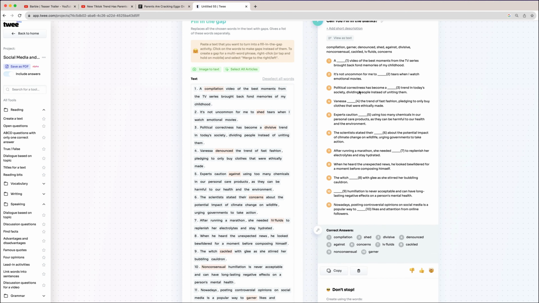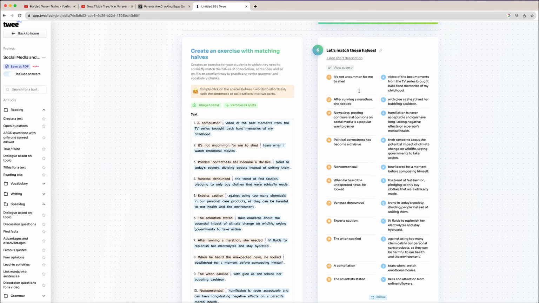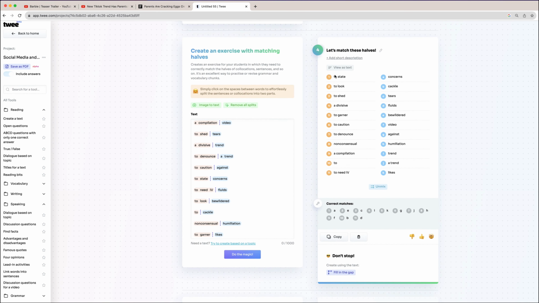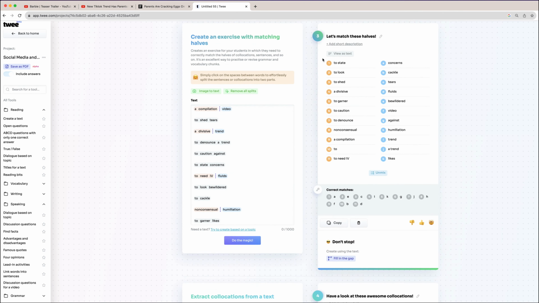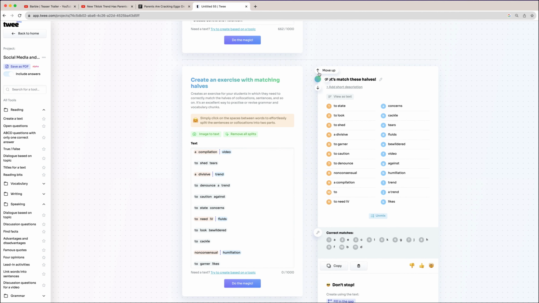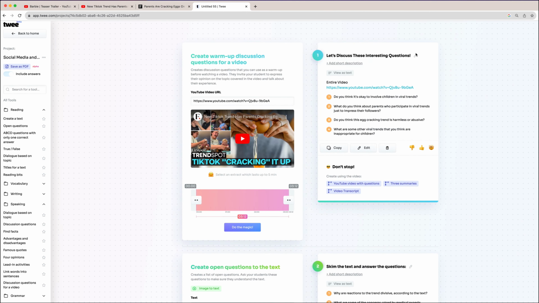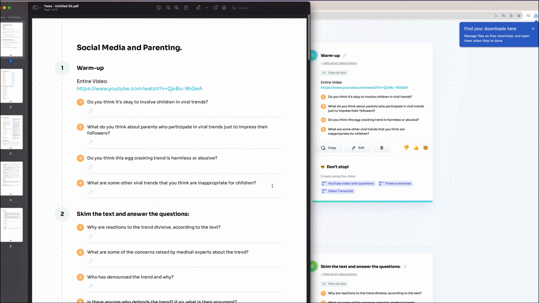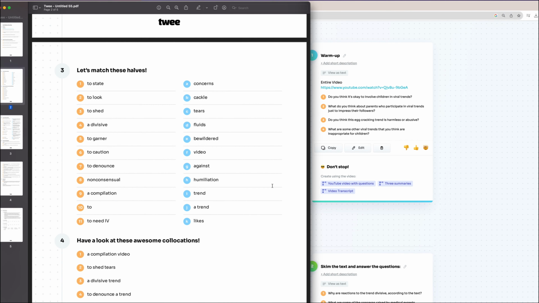from my project. I can move the exercises in my project. For example, this one, I might want to use it before the text, so I'm just moving it with the arrows. I'm going to rename this one as well. And here it is. All the exercises conveniently gathered in the PDF that I can